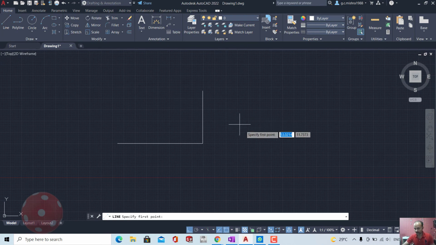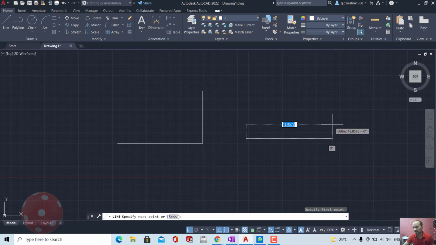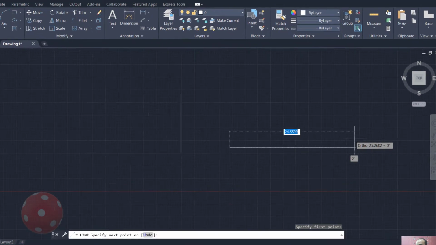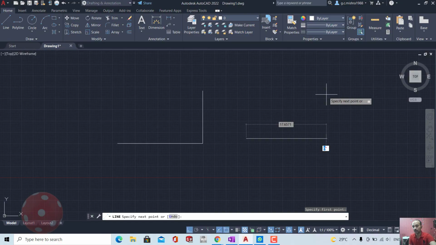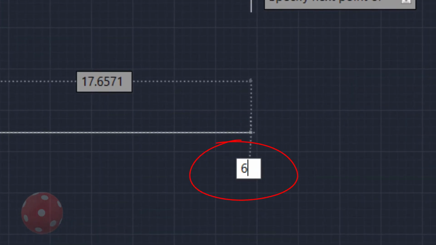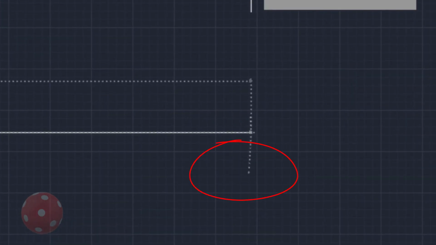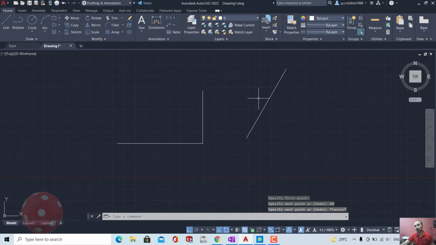For example, I am creating a line. You can see I am able to move either horizontally or vertically. But if I want to provide an angle forcefully, I will press the tab button on the keyboard and provide an angle of 60 degrees.